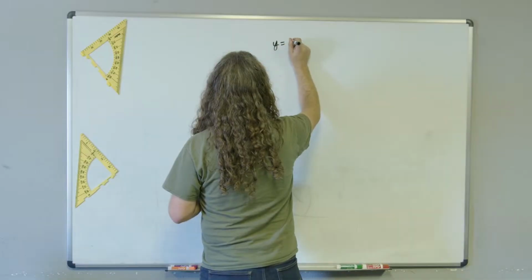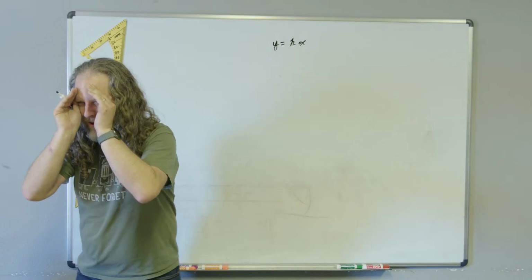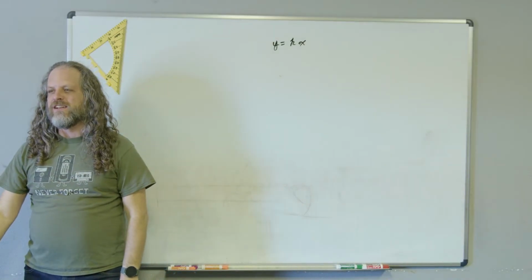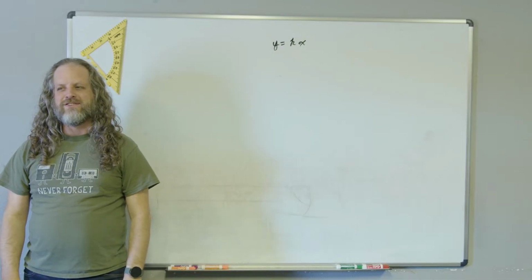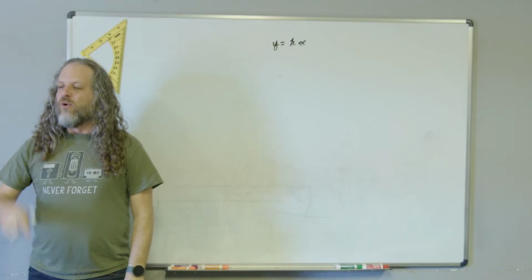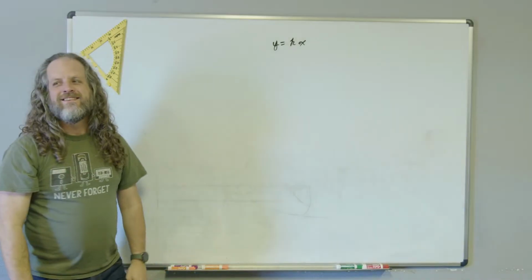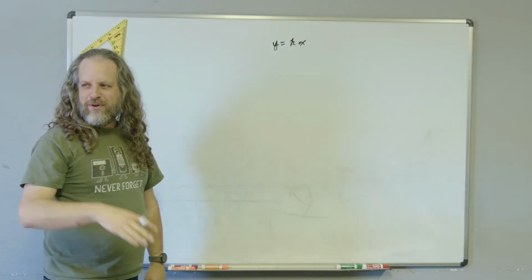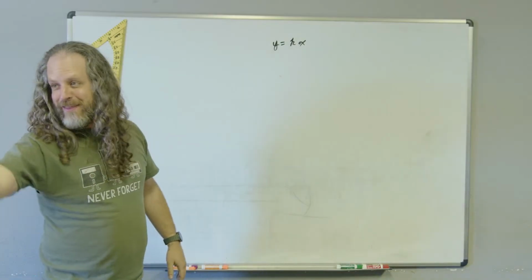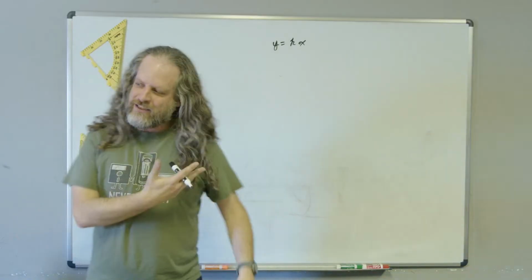So, I want to stress something right now. Are you locked in right here? Yes. Maybe. You walked in, you're like, I didn't understand this at all. And I asked, what was the direct variation equation? And you, out of everyone in here, rattled off y equals kx. Quit giving yourself stupid permission. You're not stupid. There may be something you're confused about, and we'll take care of that. But you walked in like, I don't get it. Stop that, please, for your own sake. Y equals kx. This is what we're working with.